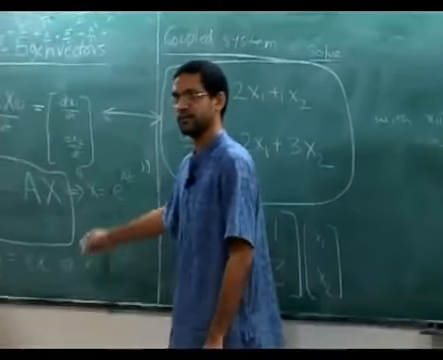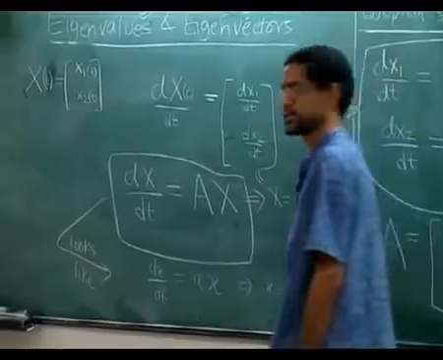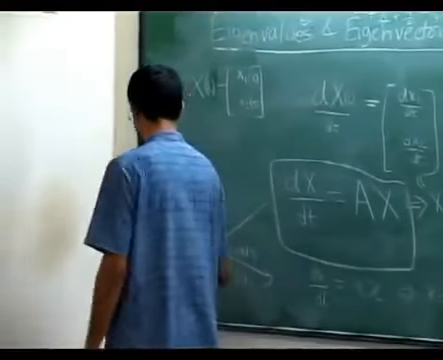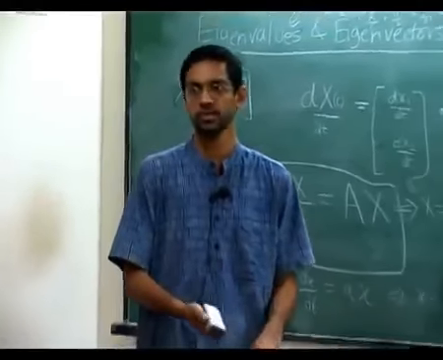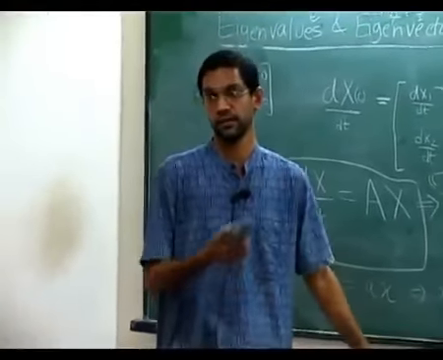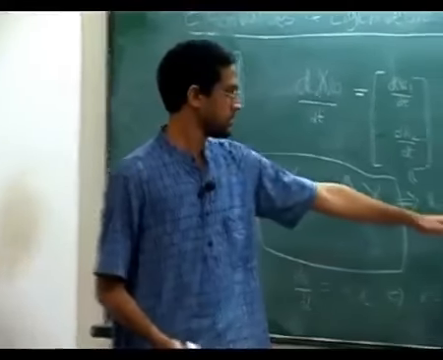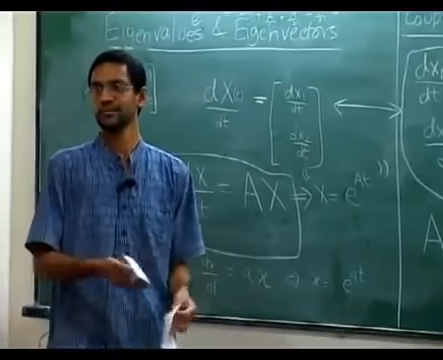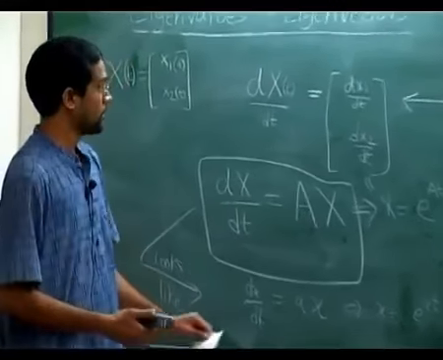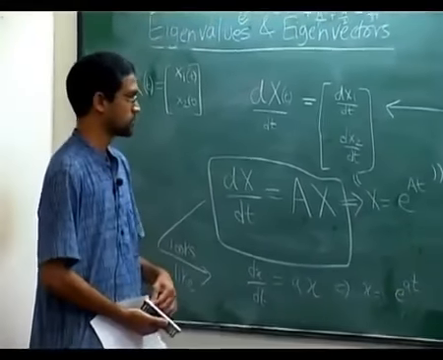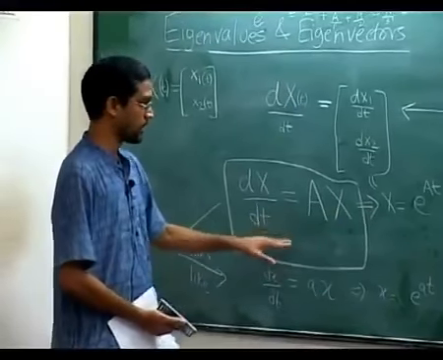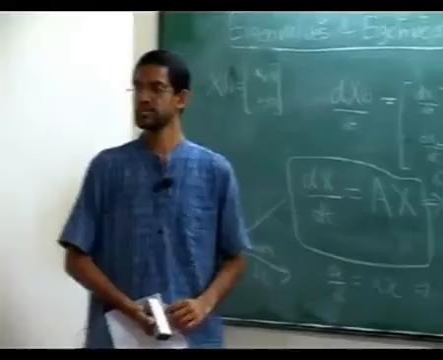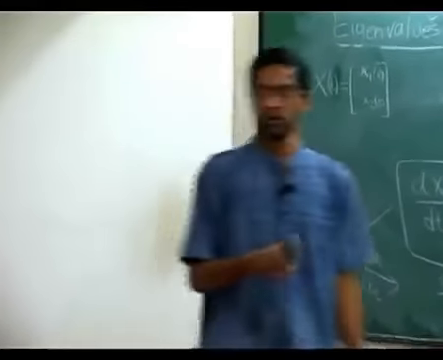But that's only an in principle answer, because that still doesn't help us. We finally want a solution to the original problem. I want you to tell me what is x1 of t and what is x2 of t, in explicit terms, not as some only in principle answer like that. So that is where the eigenvalues business comes in. So here for this 2 cross 2, let's come back here. I want to solve this 2 cross 2 coupled system, and I know how to find eigenvalues and eigenvectors of A.